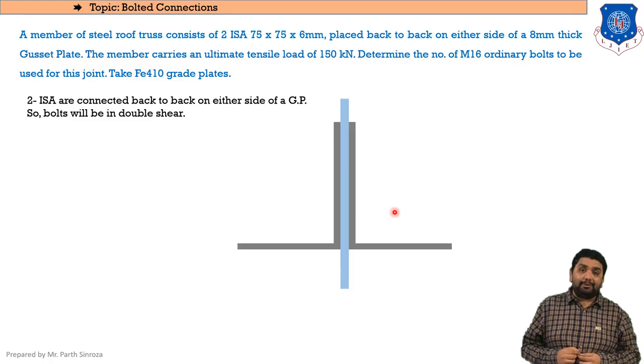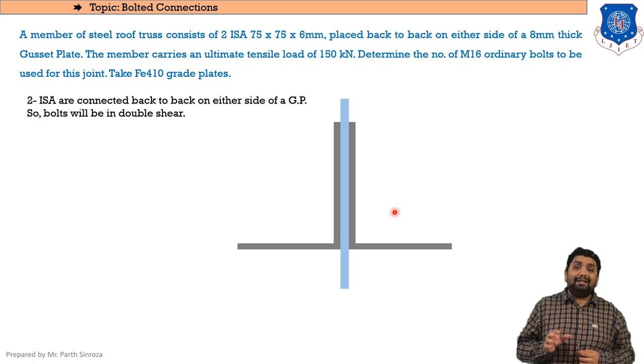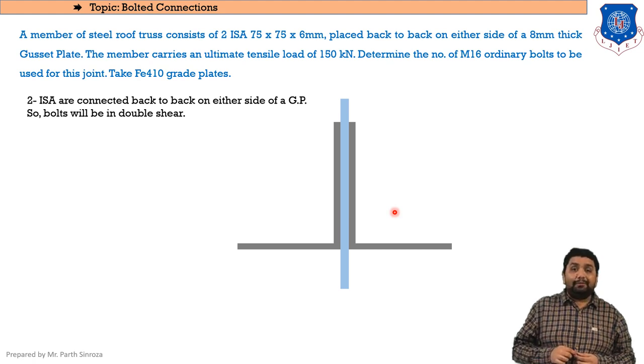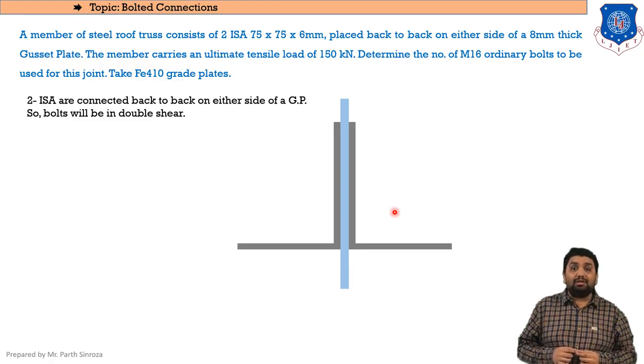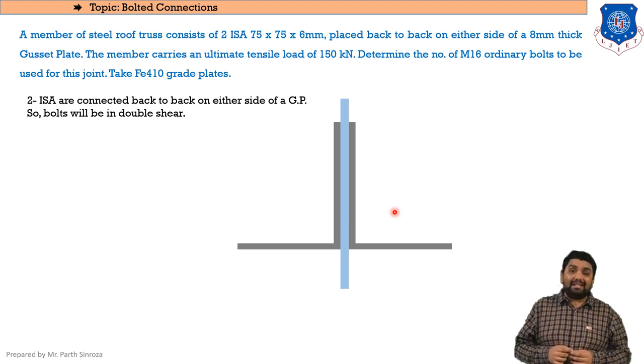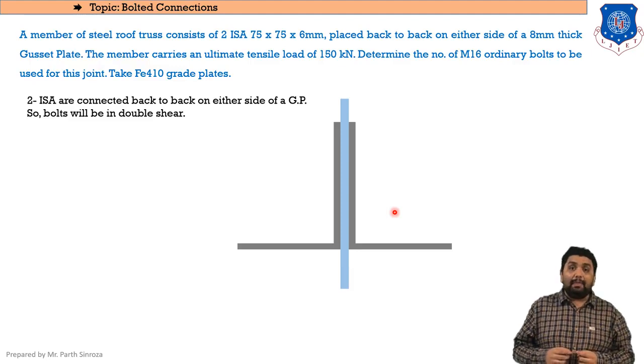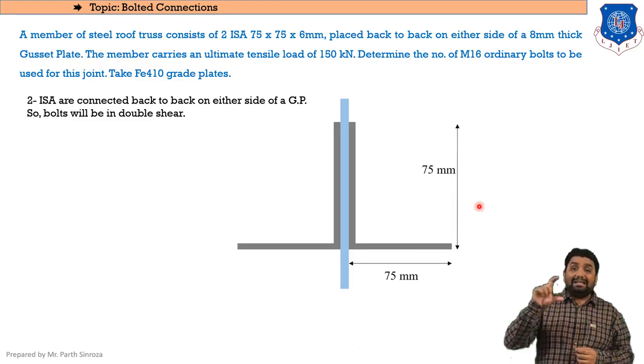This is a gusset plate, as you can see here, and gusset plate is just a packing material used to connect these two main steel sections. For example, if you use bolts in your daily life, to get a proper strength, we use a washer to connect the nut and bolt. So for structural steel, if we are using angle sections, then we are using gusset plate. Gusset plate is just a washer, but it is not in the form of rubber, it is in the form of steel sections. Clear?